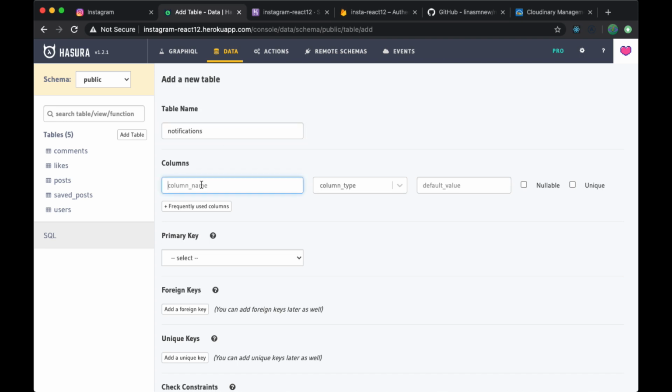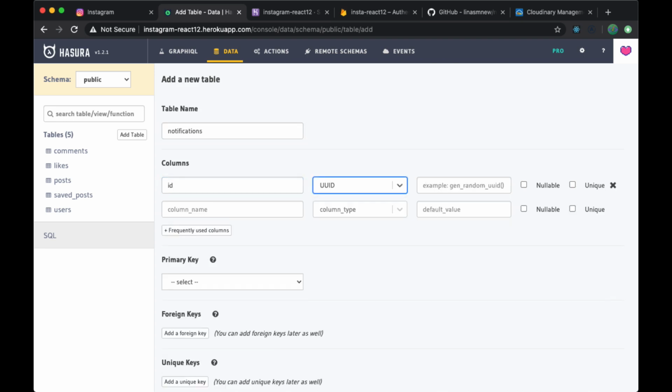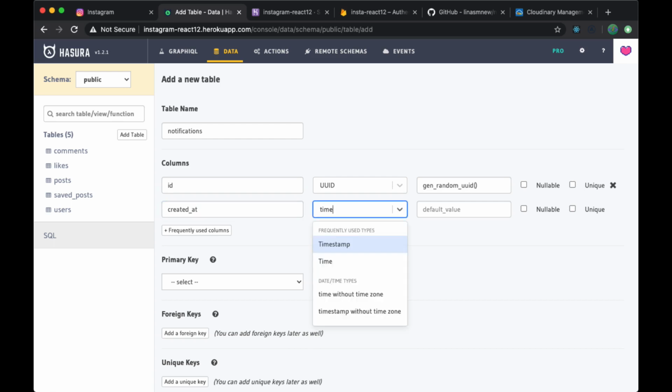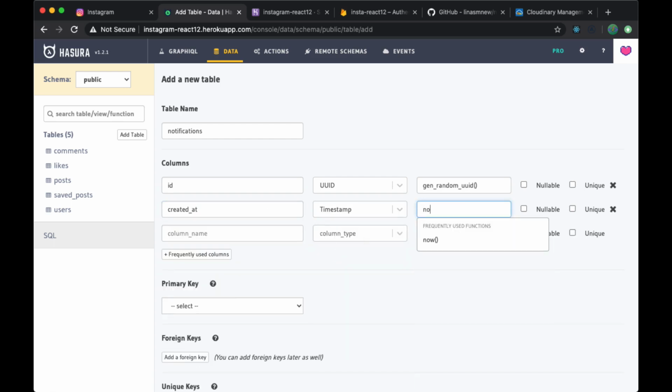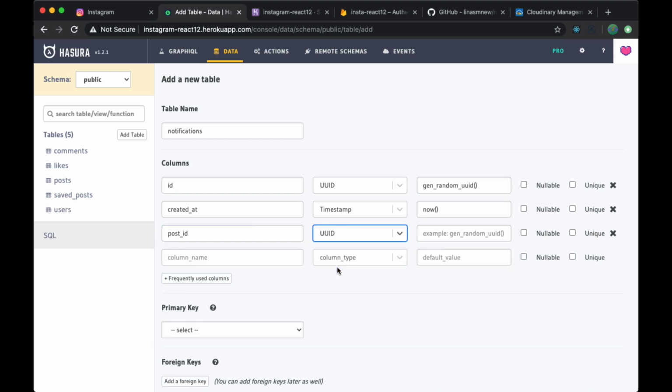and here we're going to have a few more columns. Of course, we're going to have an ID that's generated when a new notification is made. We're going to have created at, which is also going to be automatically created. It's going to use the now function. And here we're going to need not only information about the post ID, and we don't want to randomly generate it, the post ID, the notification that this is related to,